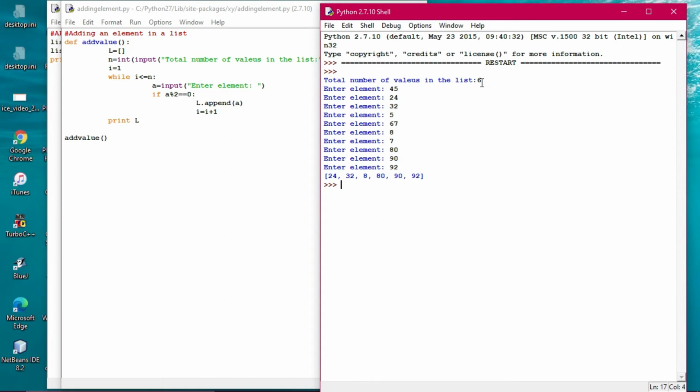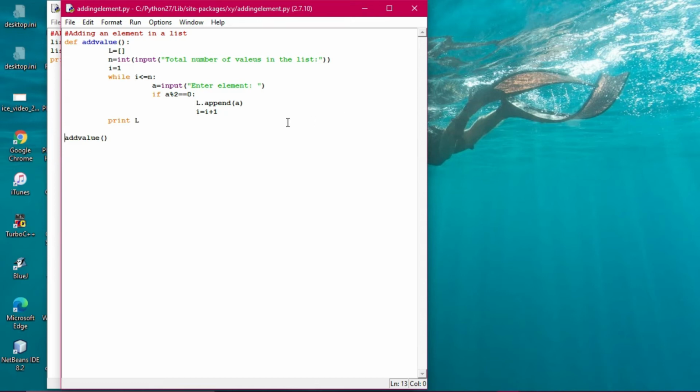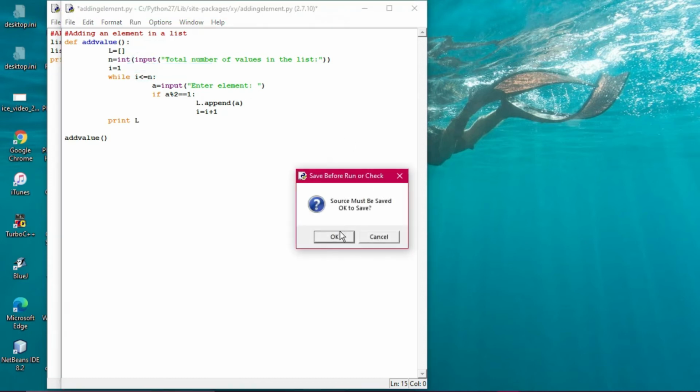It will not be ended, this program. Okay, that is the thing. So now what else can you do is that if I want to change this, suppose I want to fill up with odd numbers. So what I have changed is modulus 2 equals 1. Any odd number when you divide it, the remainder will be left as 1. All right, now run module, click on OK.